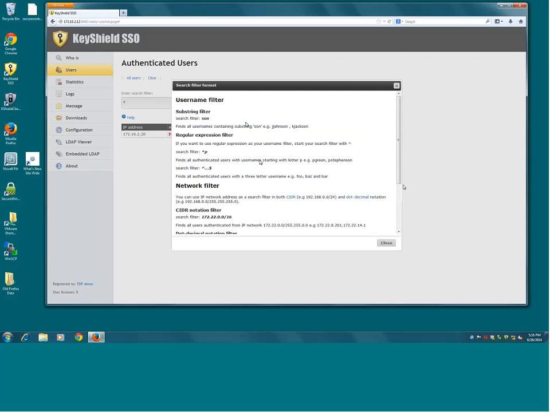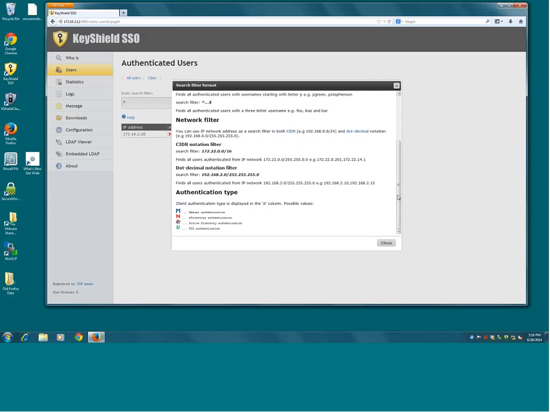There is always online help, and this works with directory groups, directory names, but also with networks. Because, for example, with bigger institutions or companies with subsidiaries, you can filter by an IP network, because you know that a specific IP network is assigned to your New York office, and then you can see who is authenticated in the New York office,